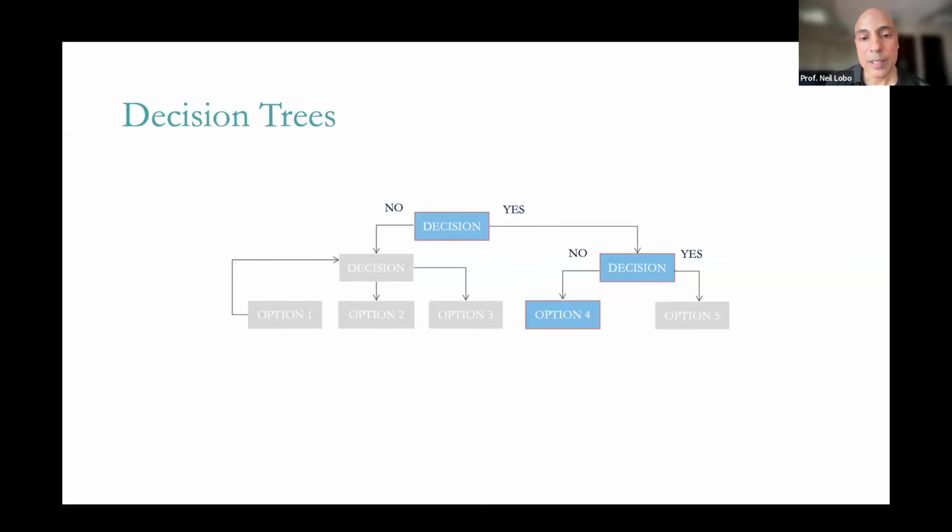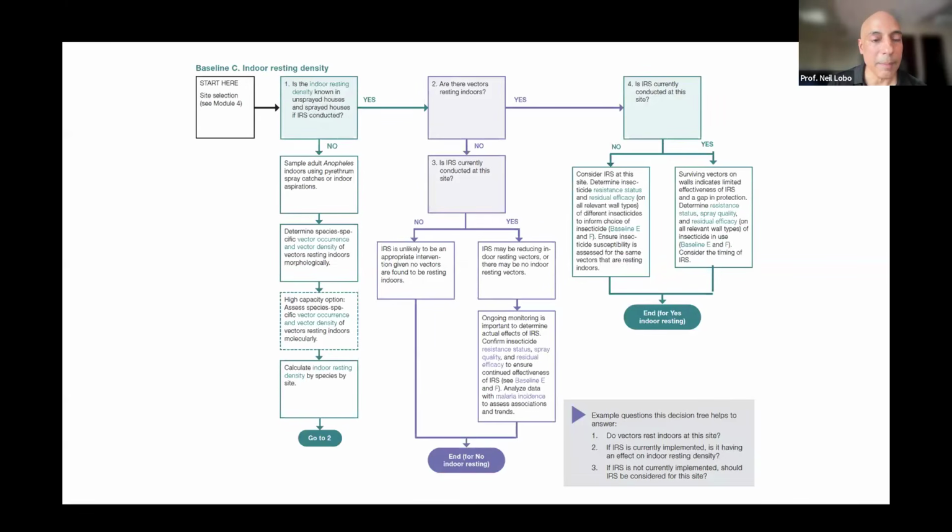Now, as a note, this sounds kind of conceptual, but every single indicator that we're going to be examining, whether it's for baseline entomological surveillance towards understanding a system or to evaluate an intervention, every single indicator has a detailed decision tree going through all the processes. And for example, this is one of them.